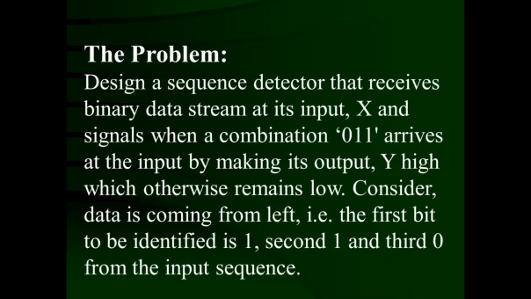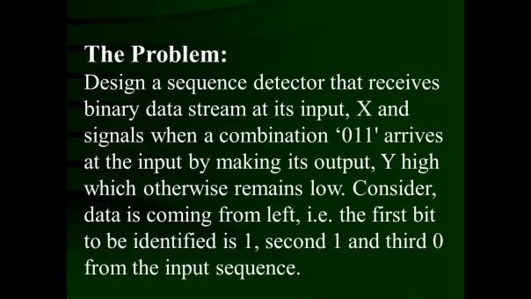That means you can consider the circuit as a black box, with an input and an output. At the input of the circuit, binary data is being received. Binary data can be in the form 0 or 1. That is called the X input, capital X, and that capital X can be 0 or 1.